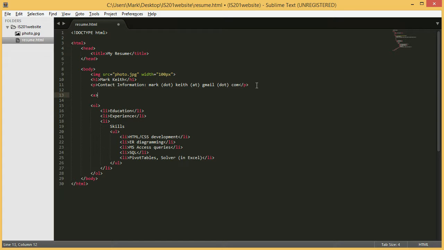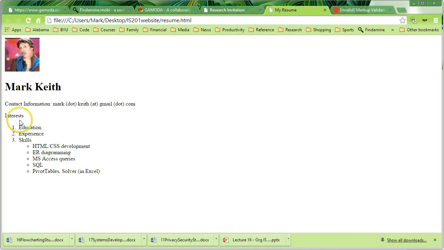If I close it, there we go, add a closing tag. A is a 2-tag element. Whatever text or image or anything that I put right here inside the A tag will become an underlined link, or the image will be a link. So let's put some text here. I'm going to make a page called interests. If I hit save and go back to my web page and refresh, interest shows up, but it's